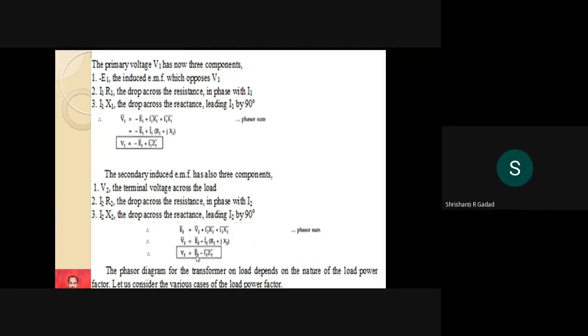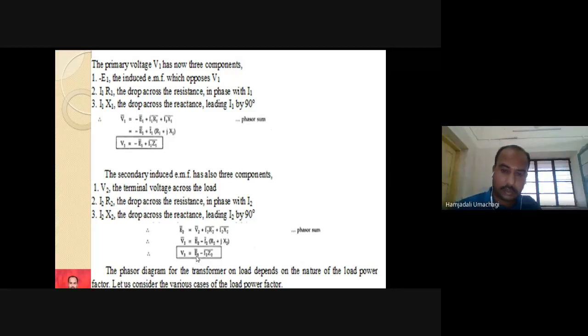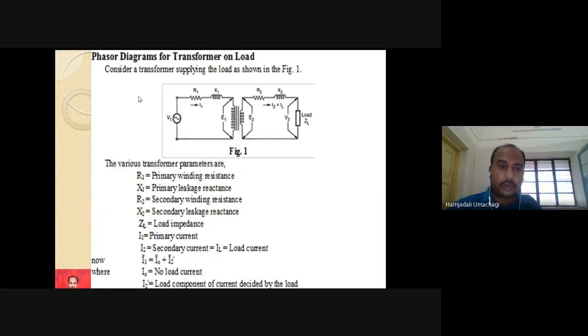Shall I start to explain the phasor diagram? Three different types of load now. We are going to draw the phasor diagram for three different types of the load. So here in general we have shown load as ZL. Now this load might be R or L or C. The load might be resistive load or inductive load or capacitive load. For three different loads, we will draw three different phasor diagrams now. Let us see what are the rules for drawing that phasor diagram.